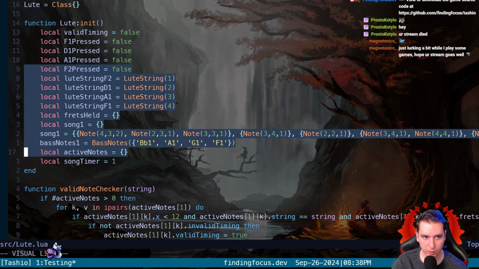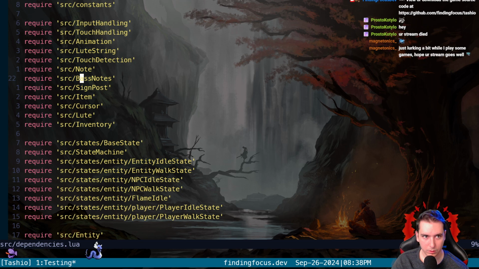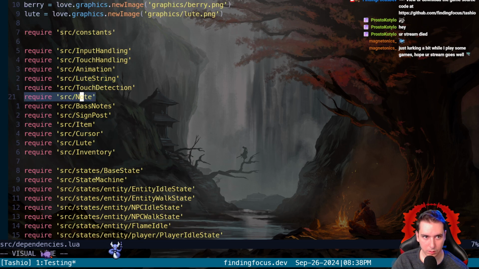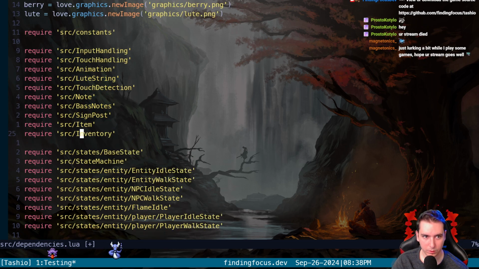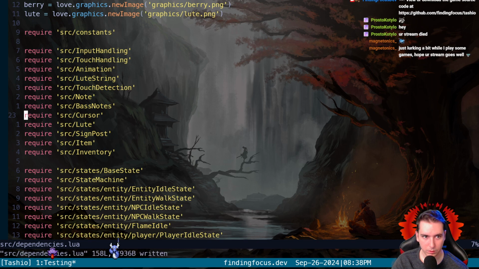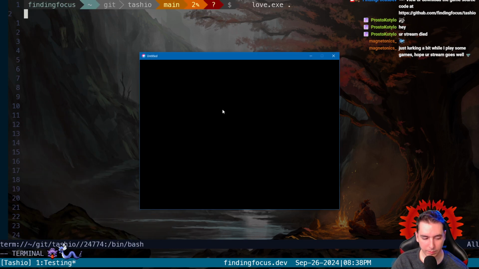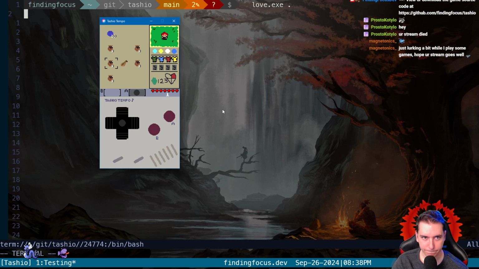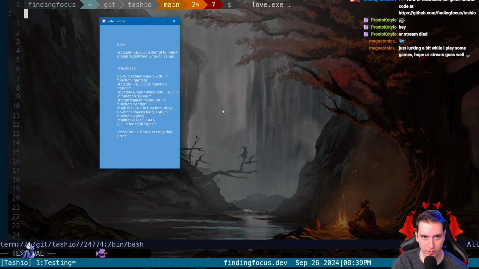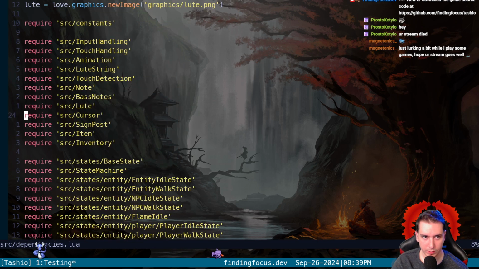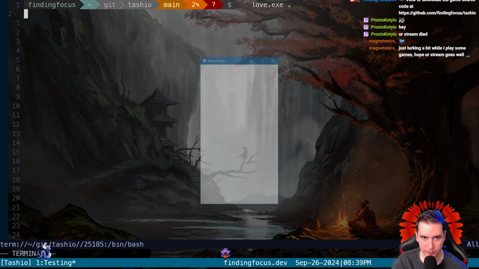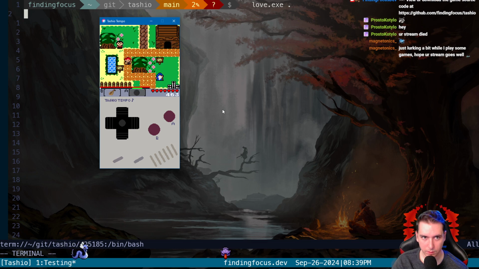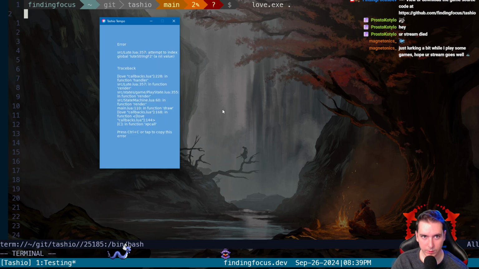Lute string, note, and bass notes all before Lute. So why are we crashing? Yeah, Lute string F2 a nil value. What line exactly did that crash? 357.